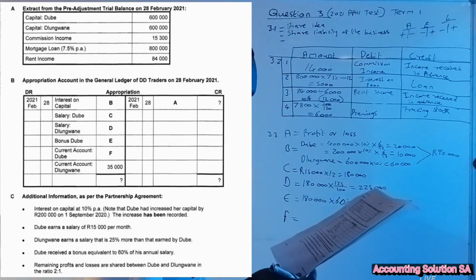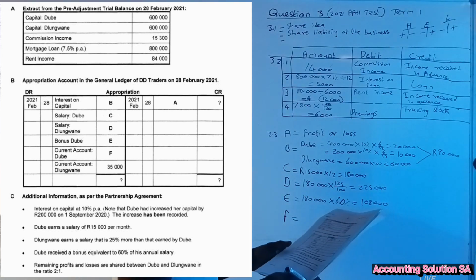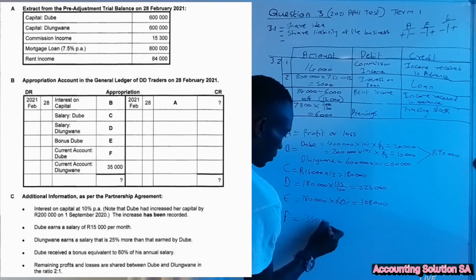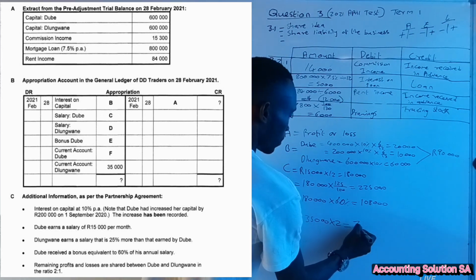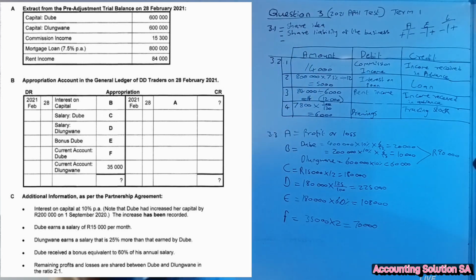In other words, Dube received 2 times of what Hlungwane received. Hlungwane received 35,000 in this case, which means that Dube is going to receive it times 2. Then it's going to give us 70,000. Very simple